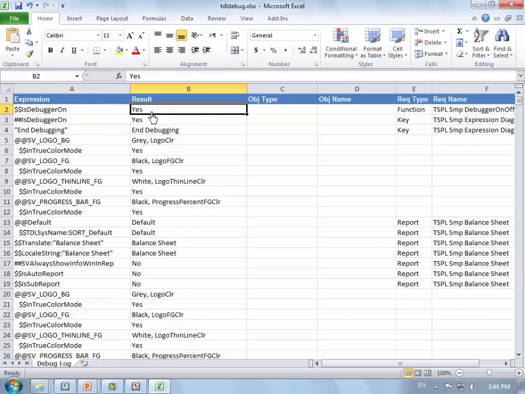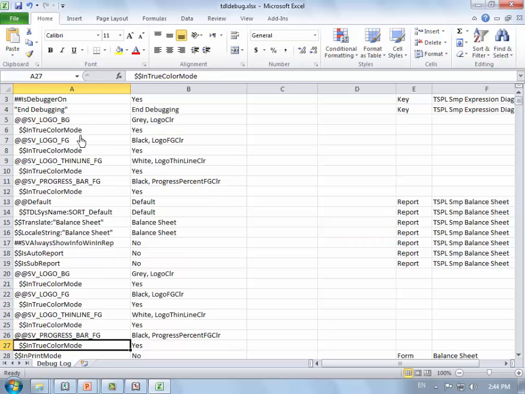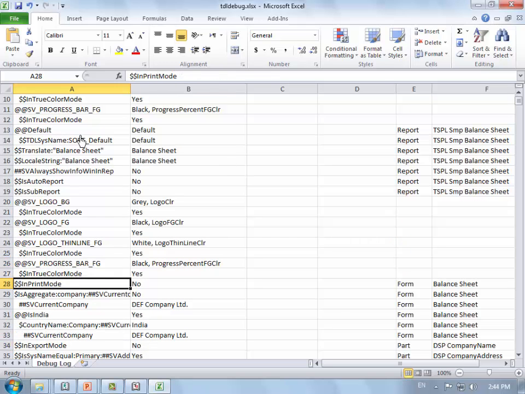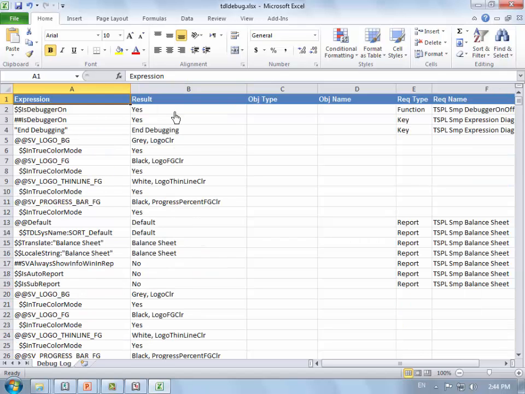Is debugger on? Yes. The function name. So this is our function name. Expression, again, this gets executed. Result. Each and every expression within that report, even the smallest expression, is evaluated, and it is giving you the output.